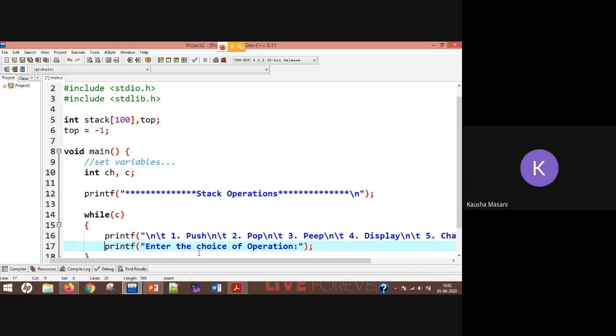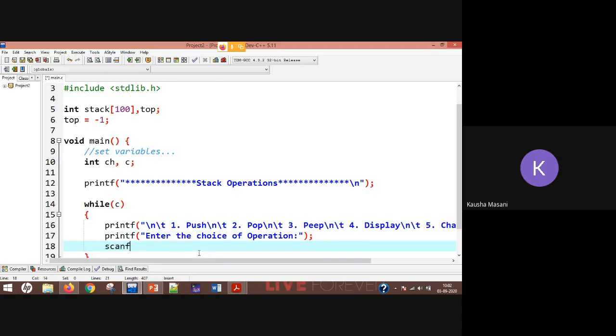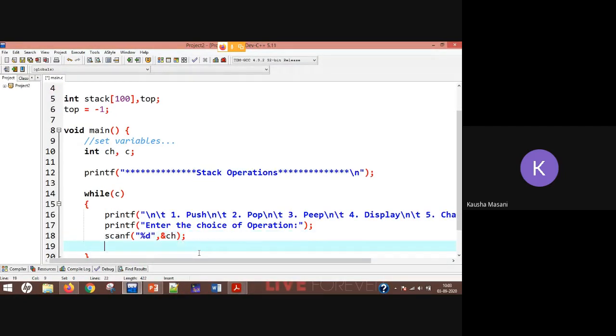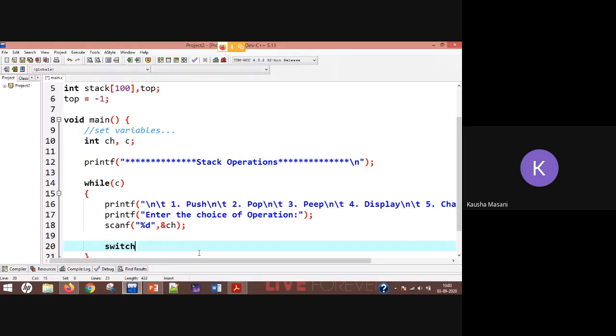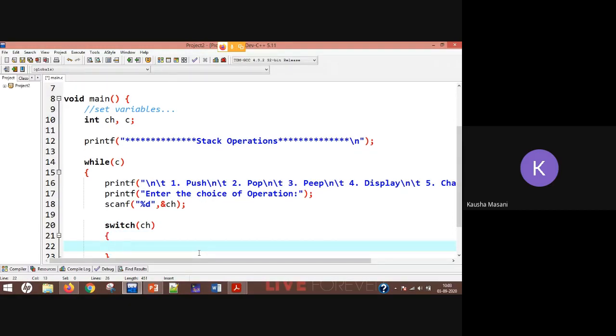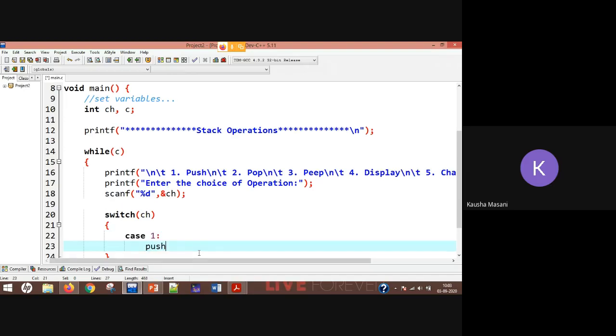Fine. So the user will be giving some choice once you tell him or her to enter the choice of operation. That choice you are going to scan and store in the variable called ch, which is defined already. Then you are going to apply the switch case where you are passing that choice, and your case 1 will be your push operation.